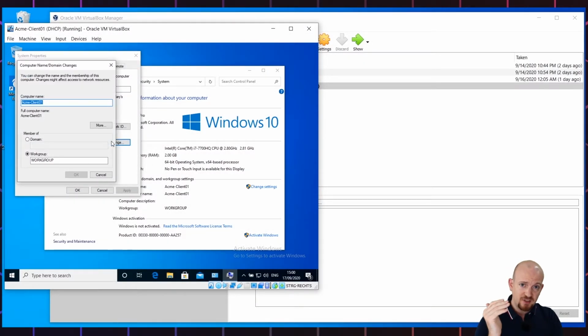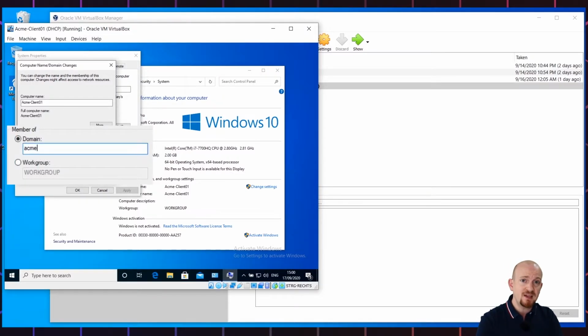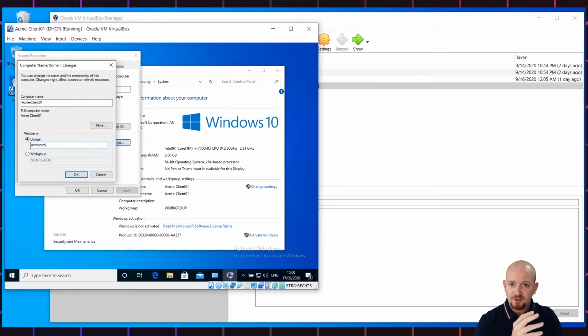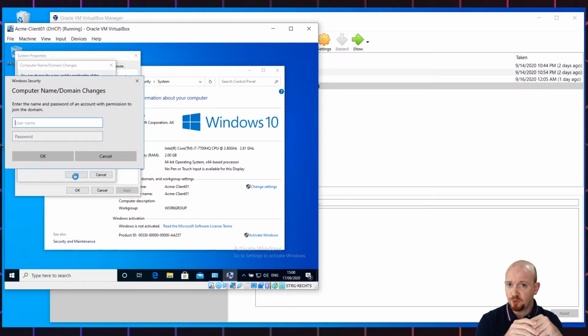On the top side you see the computer name, the host name, and on the bottom side you can select Domain and enter the domain name of the domain you'd like to join. We are entering acmecorp, which is the domain we've created in the last episode. Click OK. And now you have to provide user credentials for a user which is allowed to join this client